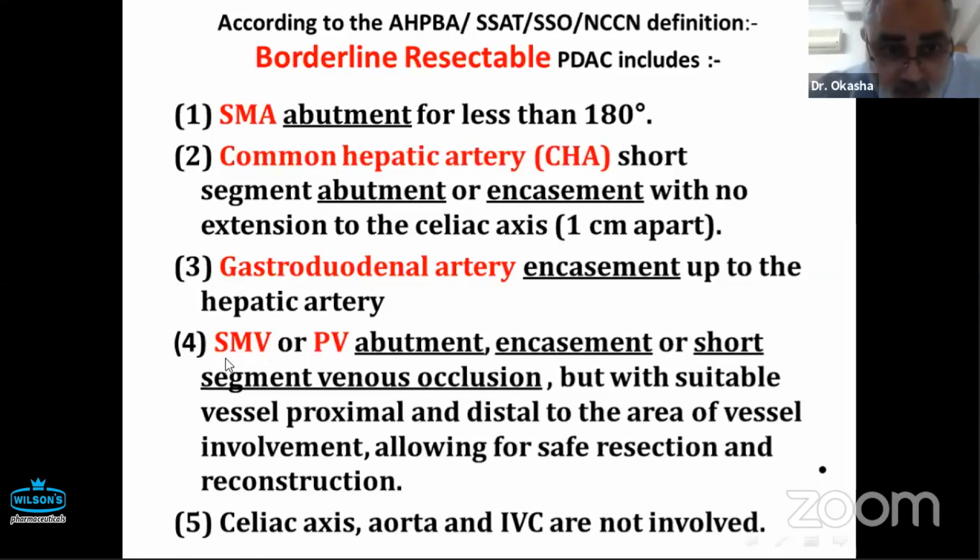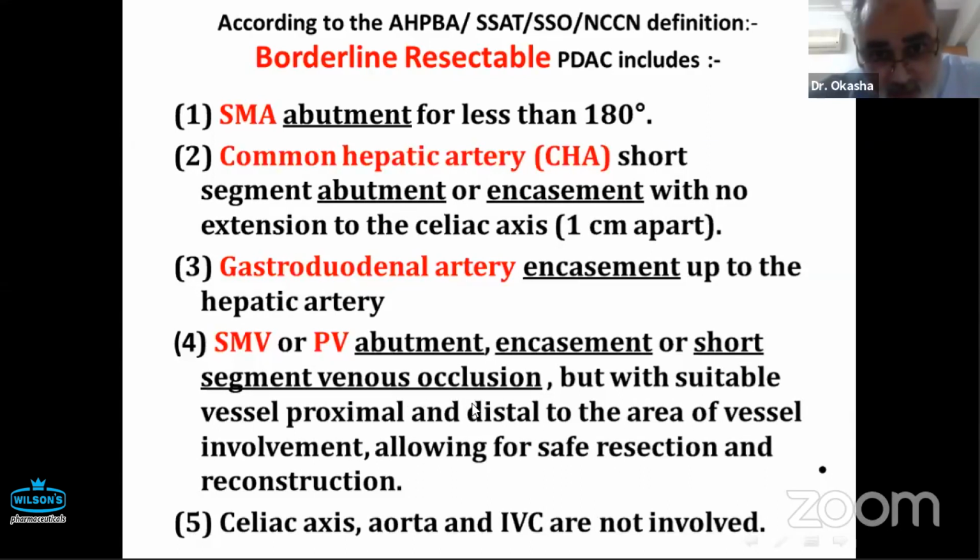It is very important to study the superior mesenteric vein and the portal vein. If there is abutment, encasement, or short segment venous occlusion, but with suitable vessel proximal and distal to the area of vessel involvement, allowing for surgical resection and reconstruction, then it is a borderline resectable tumor. This distance is judged by the surgeons to be about 2 centimeters. So if these vessels are involved, whether by abutment, encasement, or occlusion, but for less than 2 centimeters, then you can do